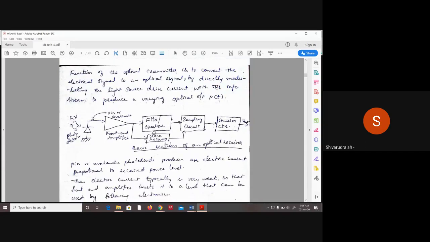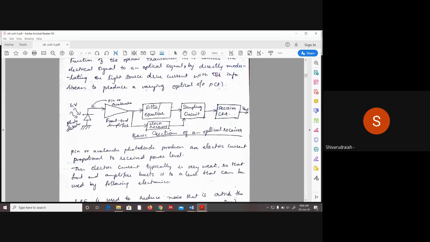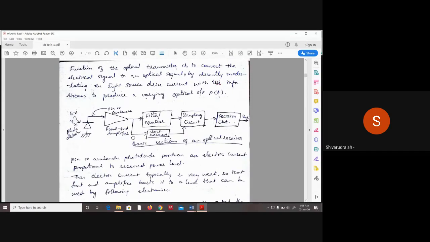So now you can see the actual block diagram of the optical receiver, which consists of basic sections such as photodiode, which will receive photons as the input and convert into an equivalent electrical signal. After which we have a front-end amplifier. As I was mentioning, the amplifier is used to enhance the signal strength. The electrical signal strength needs to be enhanced because the signal has traveled certain kilometers, in terms of thousands or 5,000 kilometer distance. So it has lost its strength and it is also degraded. So in order to enhance the signal strength, we will use this front end amplifier.